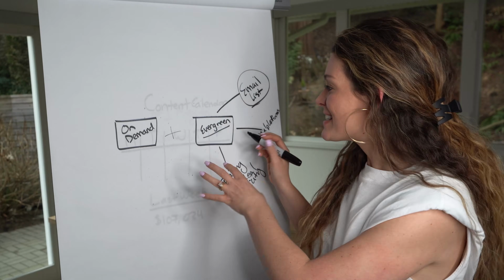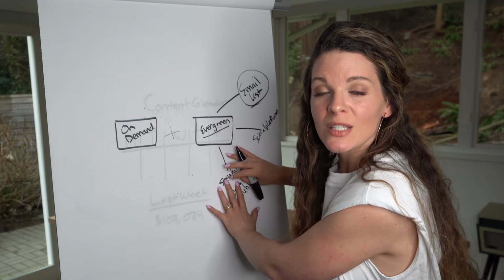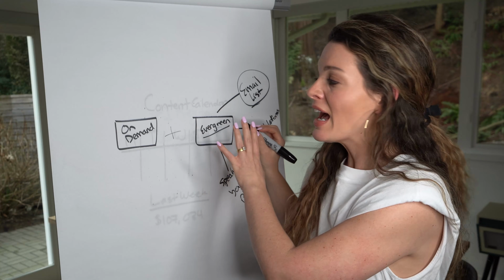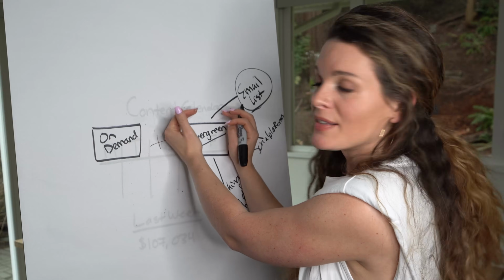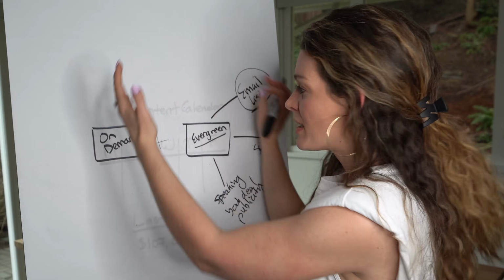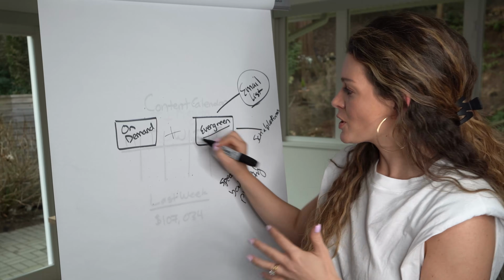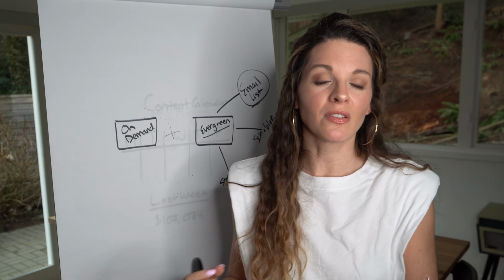So, this is just an opportunity machine. That's why evergreen traffic is so important. And I can do without on demand, but I cannot do without evergreen. Evergreen is the machine that runs everything in perpetuity. So at a certain point, implementing this is just gonna make your life a lot easier.